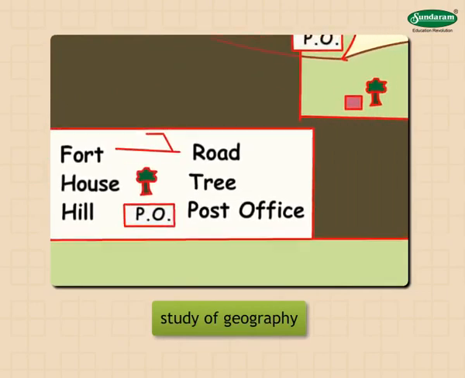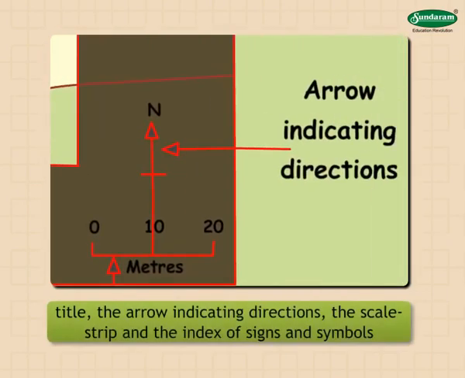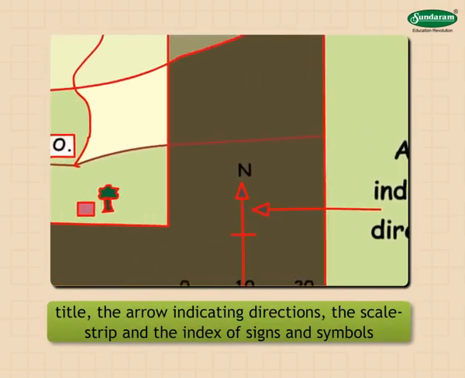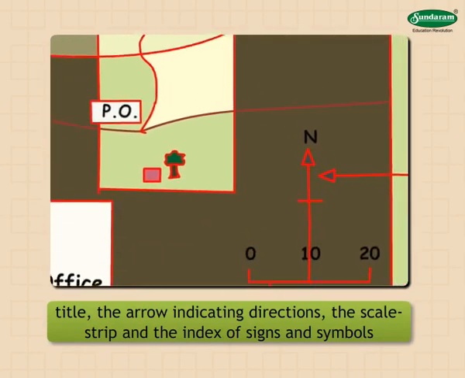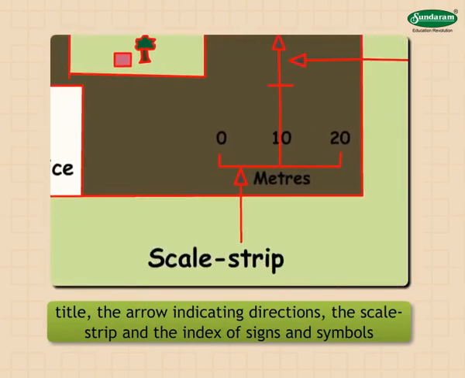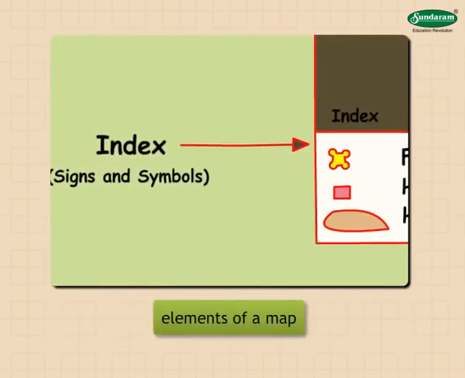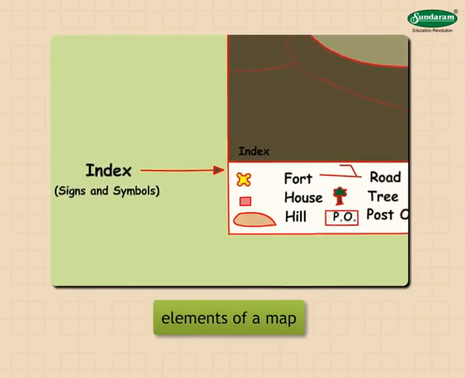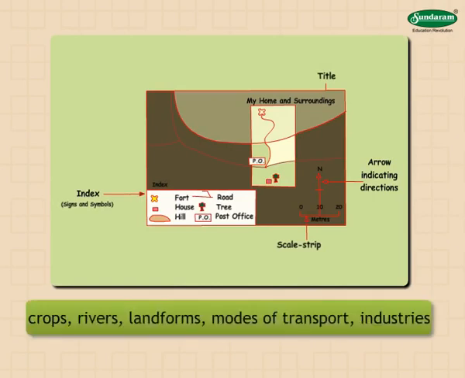We understand a map properly when we study its title, the arrow indicating directions, the scale strip, and the index of signs and symbols. All these are known as the elements of a map. In this book, we are going to see various maps that give us some information about crops, rivers, landforms, modes of transport, industries,